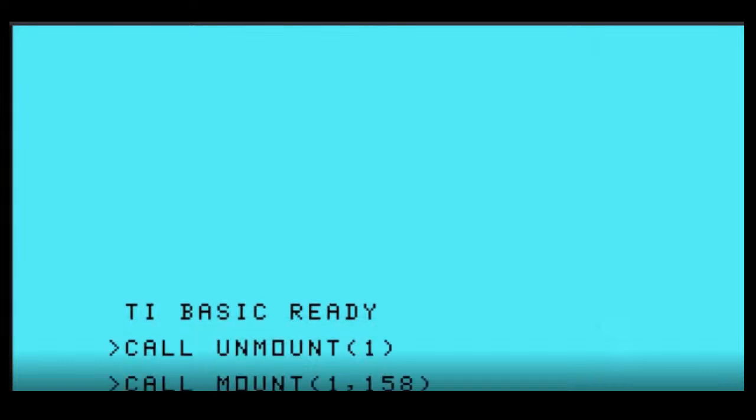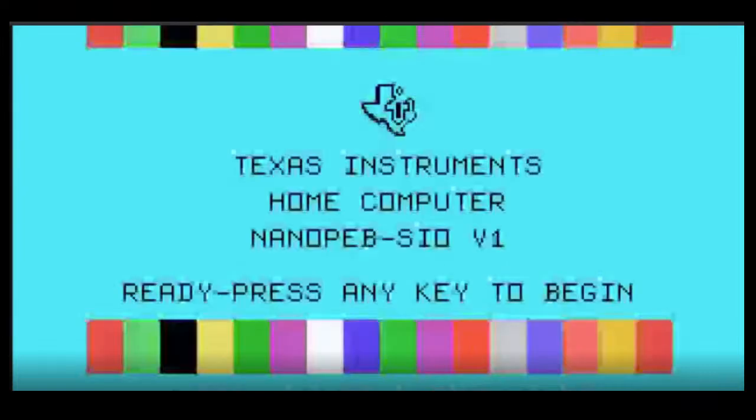Move the disc in drive one, and we want disc number 158. Say bye-bye.